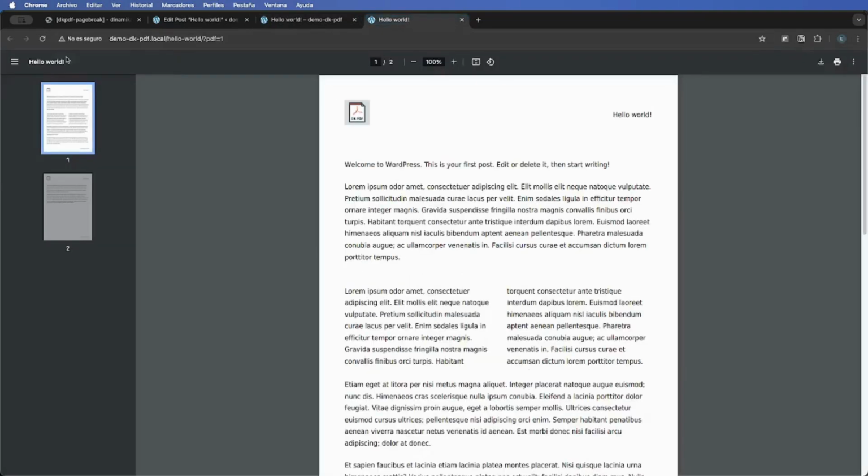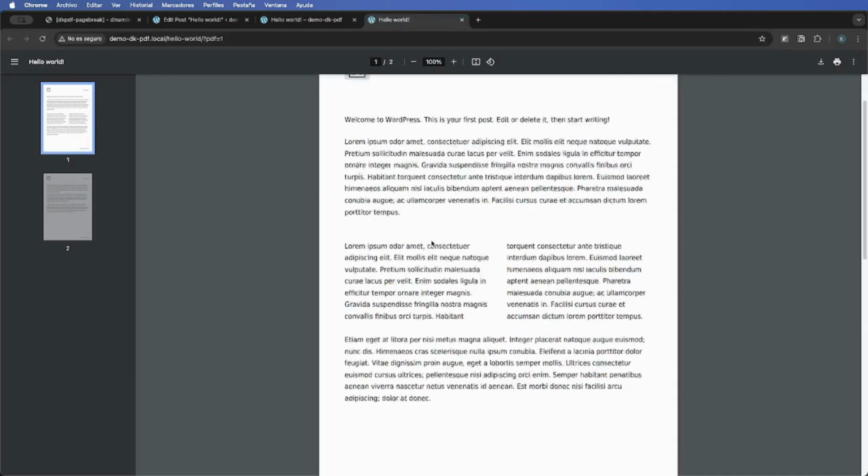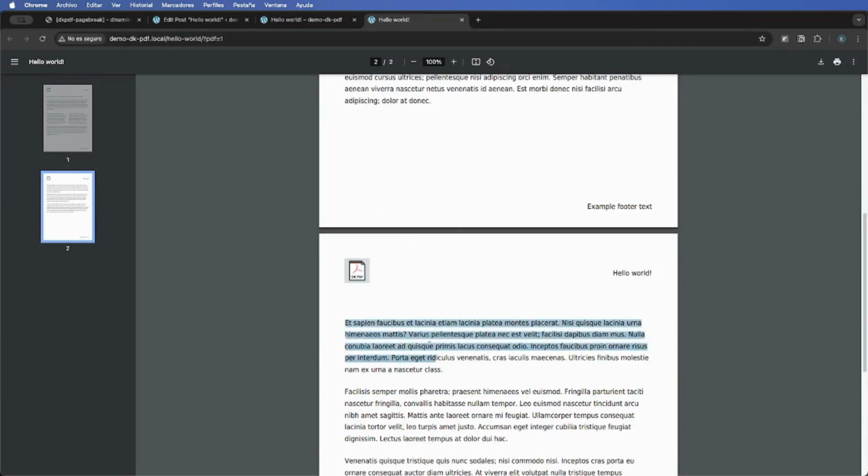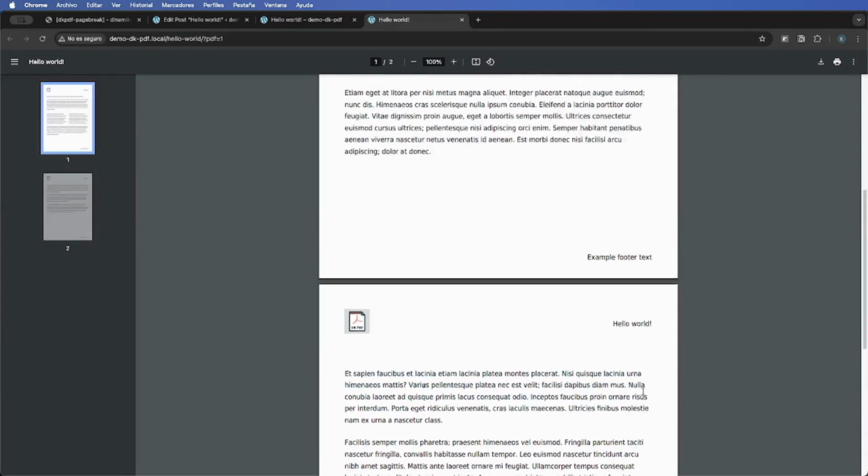So now if we generate the PDF, okay, we see now that the page break basically pushed this next content to the next page, okay? So yeah,